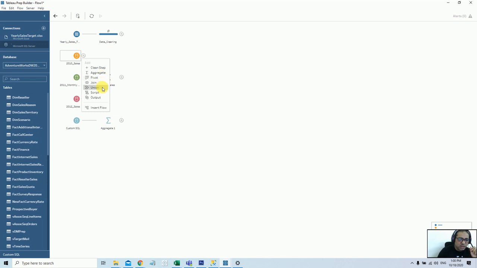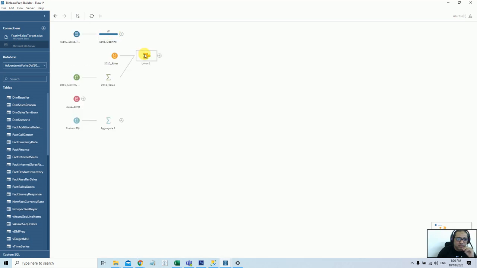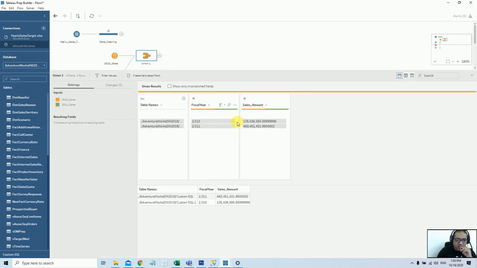2010 sale by adding union here, and I will drag the result of 2011 here. If you see the result of 2010 and 11, now it's already joined here. So I can rename this particular joiner or union condition. It says 2010 and 2011, and after that step I need to join 2012